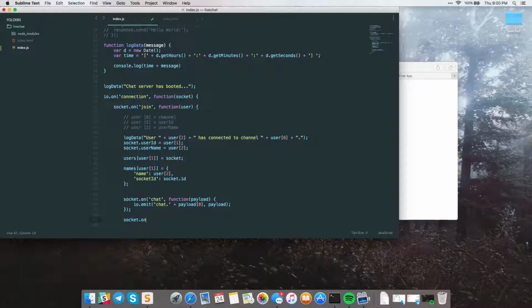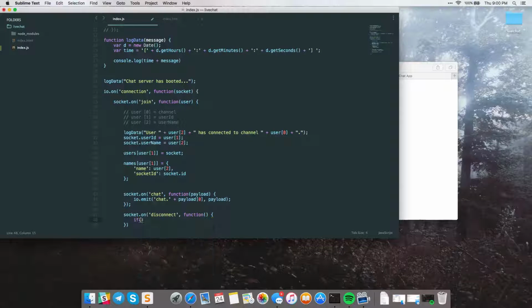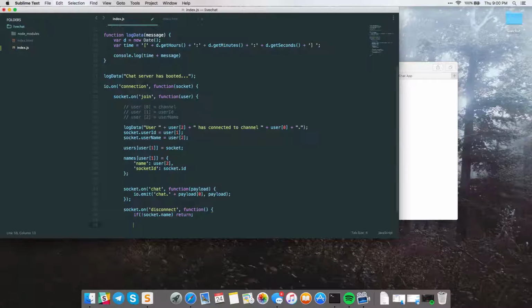So socket on disconnect. I think what you'd have to do is make a disconnect method, but you should be able to have it pick up if the user disconnects. So disconnect function. If it's not a socket name, then we don't even have to worry about it. And if there is a socket name already, then we just have to go ahead and